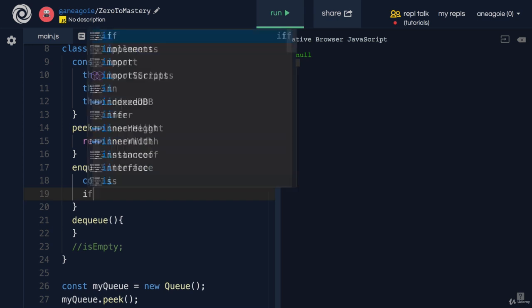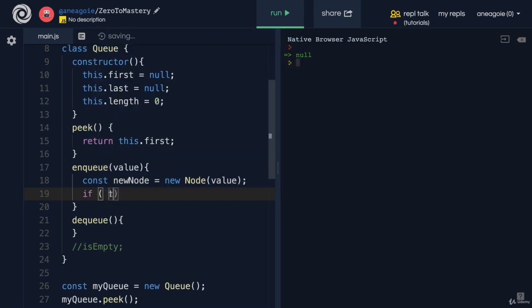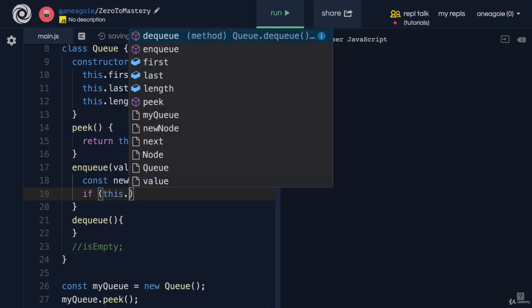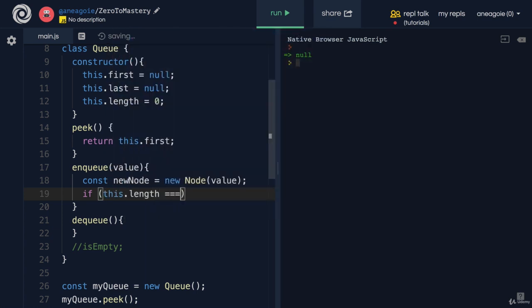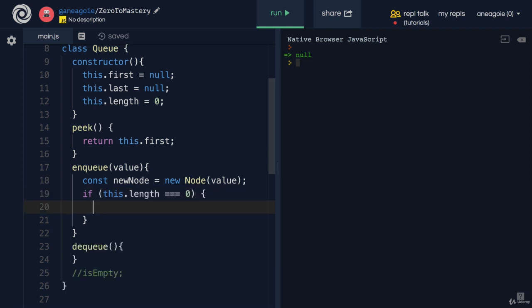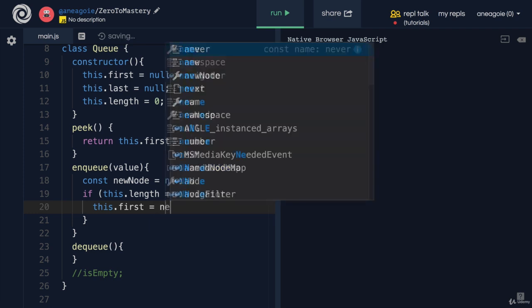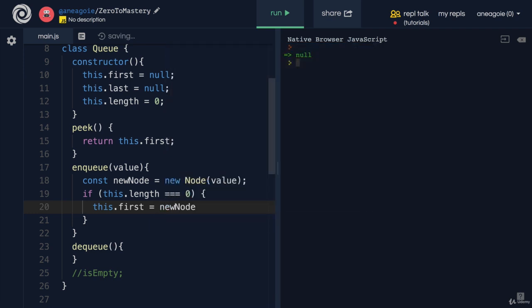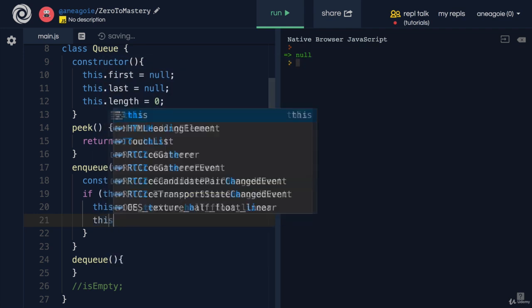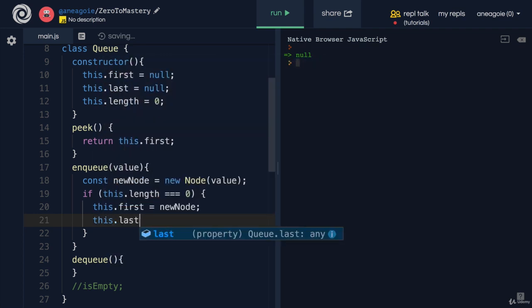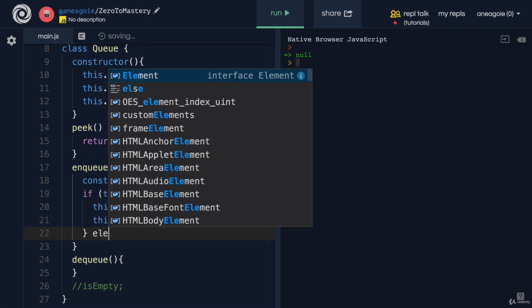We then want to check and say, if this dot length is equal to 0, that means there's nothing in our queue, then simply say this dot first is going to equal the new node, and same with this dot last, because there's only one node in our list. This is very similar to what we implemented in the stack. Otherwise,